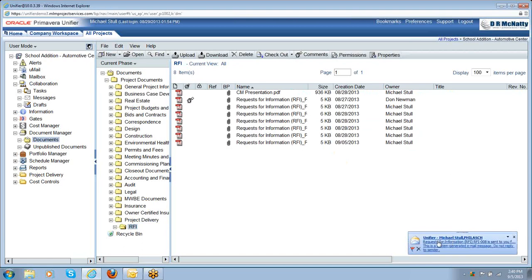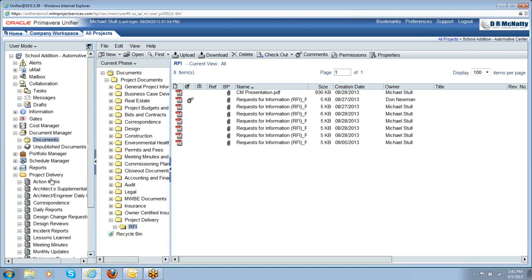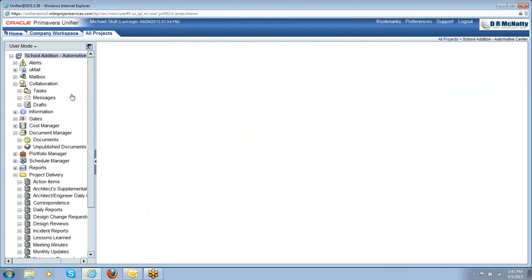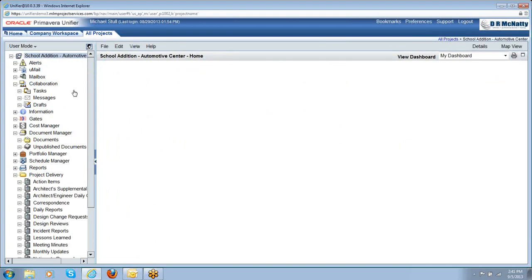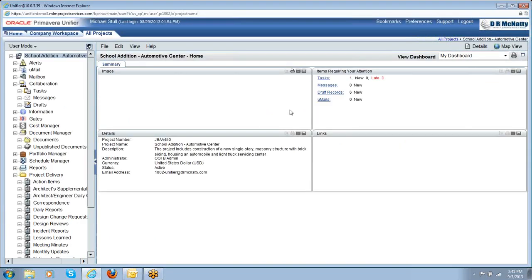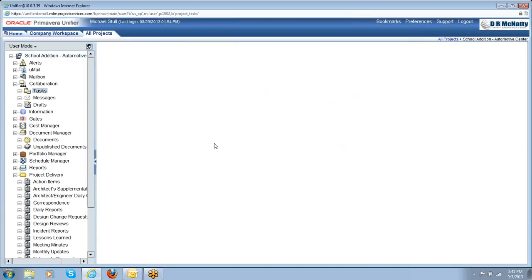And again, I have another email that has popped in that shows me that I've been sent that RFI. And here I can actually see my documents and a PDF. What I'm going to do is go back to my project delivery, and I'll actually go back to my overall project, go to tasks,